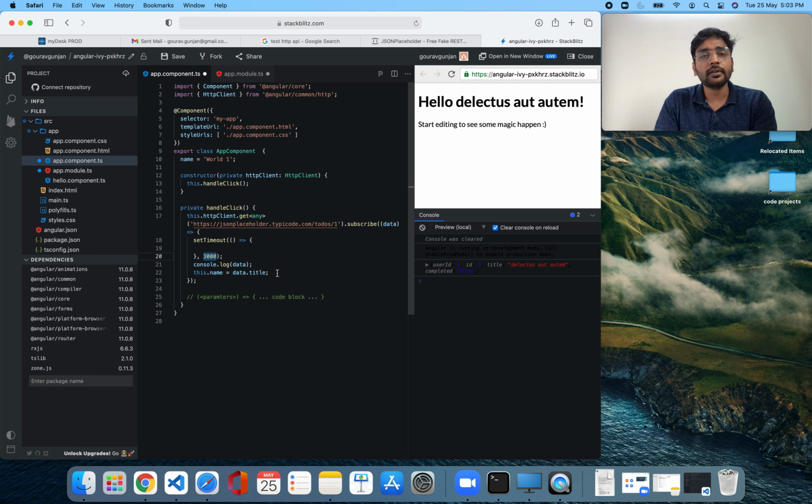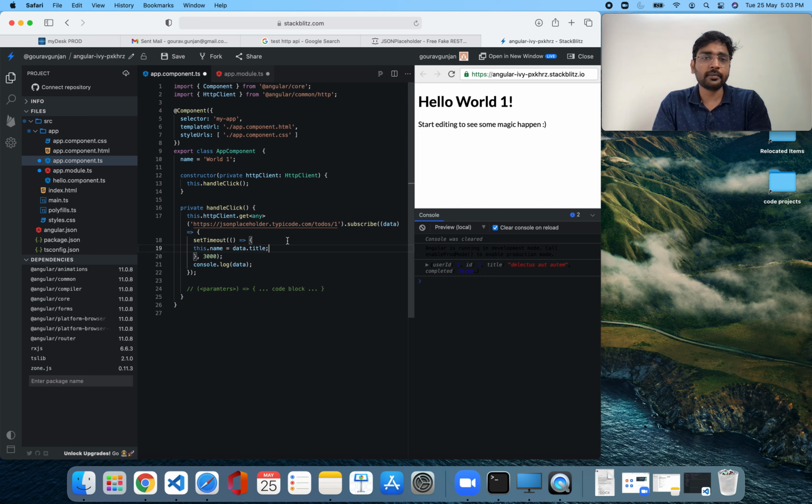How much time, after how much time you want to execute this function. So I'll put this inside this name, and now this will have world1 for a while, and then it will change to an autumn things. And even if you want, we can do a lot of things to showcase, but this is how we do an HTTP call.